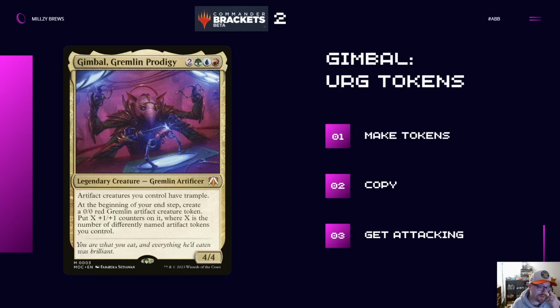Today, for this week, I wanted to take a look at the March of the Machine commander deck that actually set place on Avishkar. Headed up by Gimbal, Gremlin Prodigy, and the alternate commander was Rashmi and Ragavan. We're going to look at that one later this week, but today we're going to take a look at Gimbal,